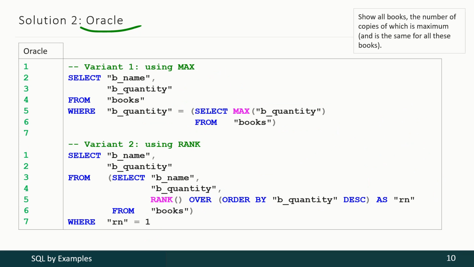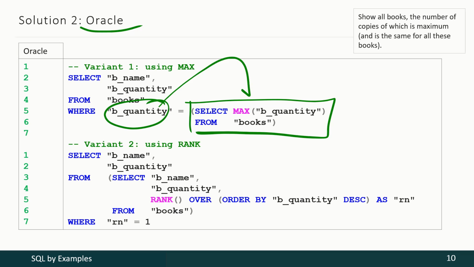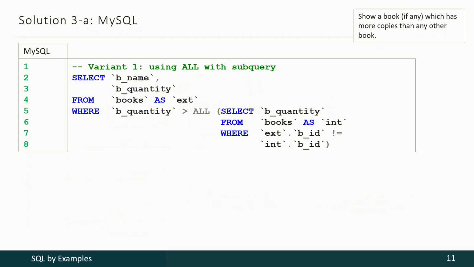And with Oracle the approach is the same, either to calculate the maximum and then select only books with the quantity equal to that maximum, or to calculate the place for each book and then select only those books standing on the first place. Now let's show a book, if it exists, which has more copies than any other book